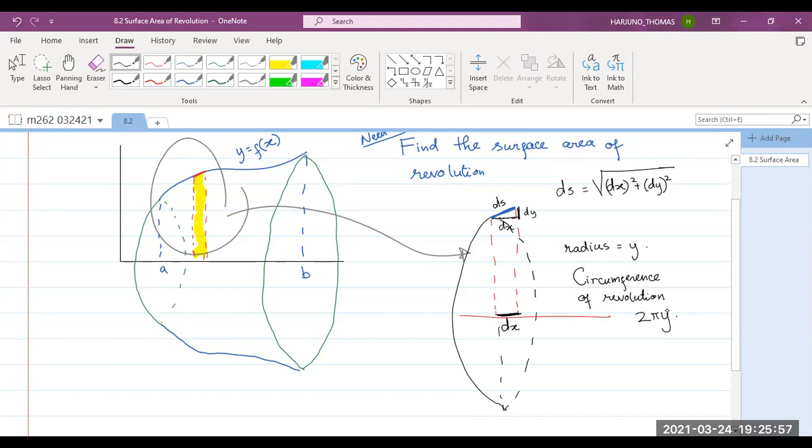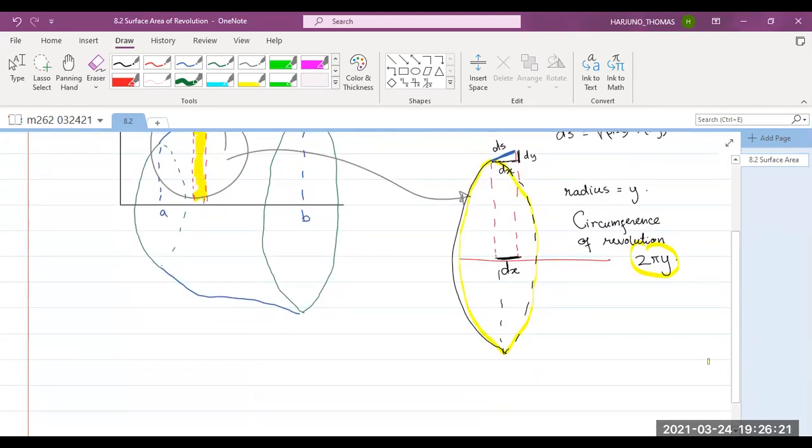Now imagine, let's see, what about ds, by the way? Not yet, just the circumference. I'm talking about the length of this here. Just the length of that. That's 2 pi y. Now, so if I imagine the paper or the band that goes around now,